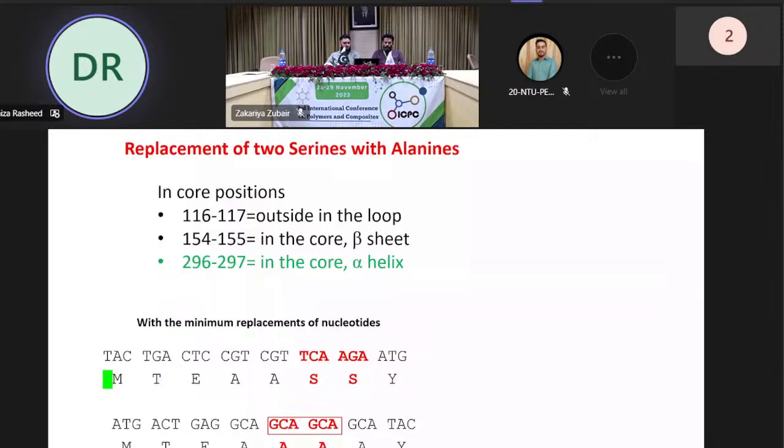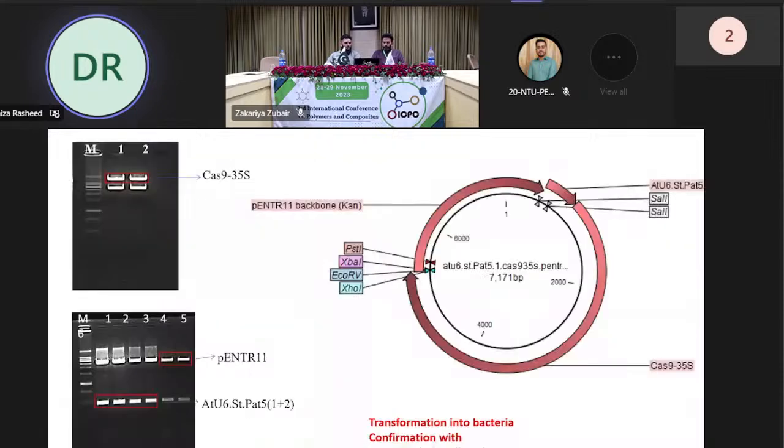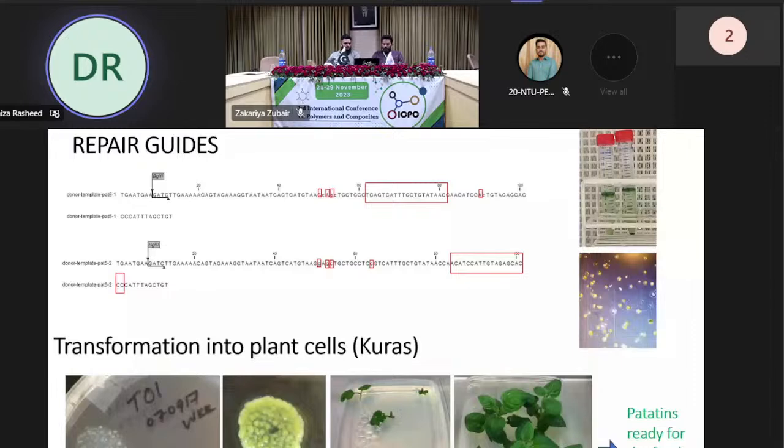So we designed a construct, and they did our transformation, and also gave some donor templates for the incorporation of our changes into the protein. So the potato variety Curas was used, and then we got almost 40 lines which were having